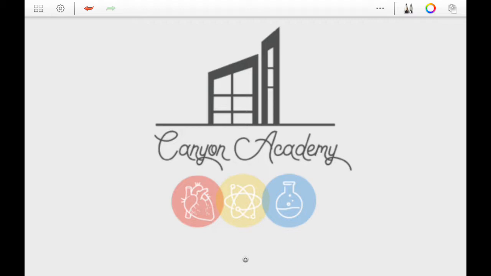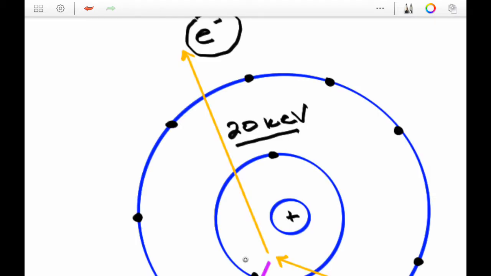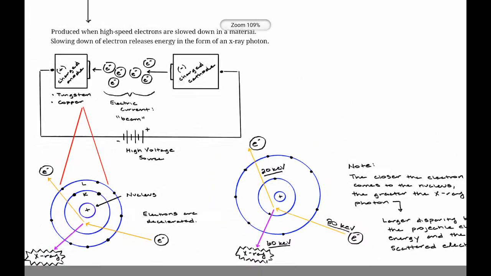In this physics 112 concept video, we are going to cover the second half of the week 11 concepts, which include X-ray production, the Compton effect, and de Broglie wavelengths. So the first thing we're going to talk about is X-ray production, and the X-rays that we're going to focus